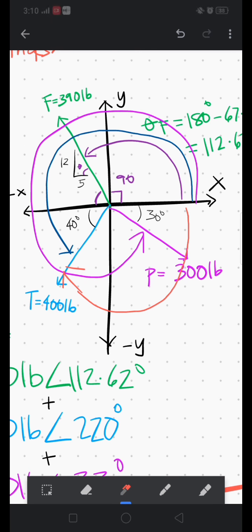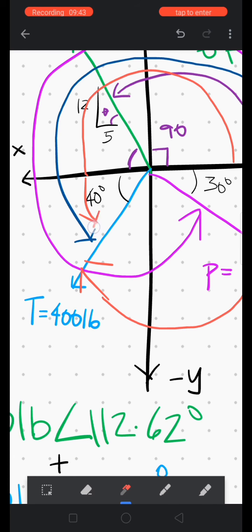That's from here, it will pass 180, then 198 minus 180 is going to be 18 degrees from here. So that's it,